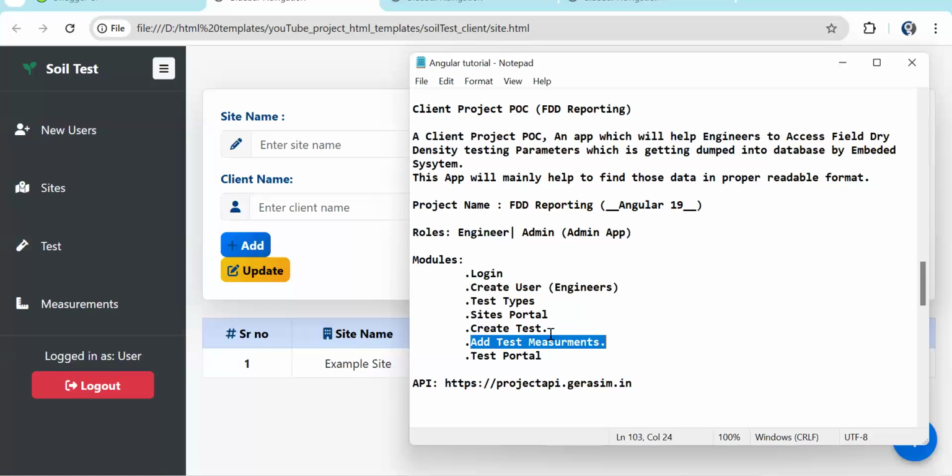So let's say we are calculating the density. For calculating the density, they will perform multiple measurements, and based on the multiple measurements, they will calculate the average, and they will provide that this is the density that soil portion has. Fine. So these are the various models we have, and the APIs are hosted over here,